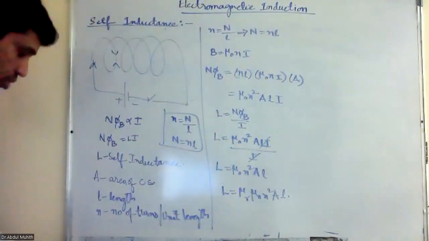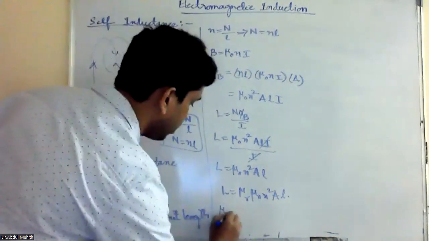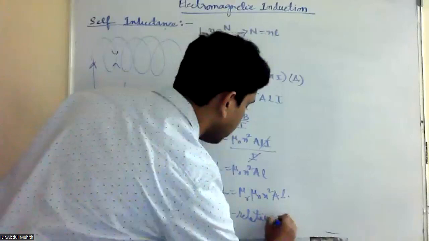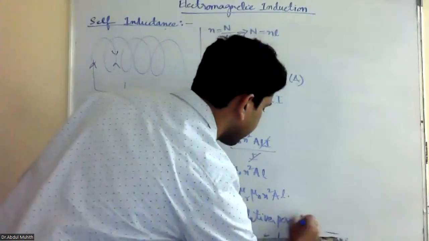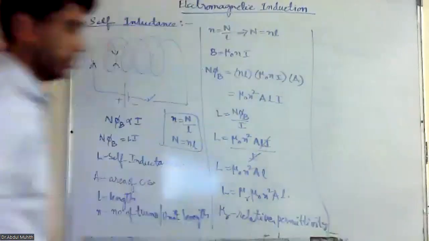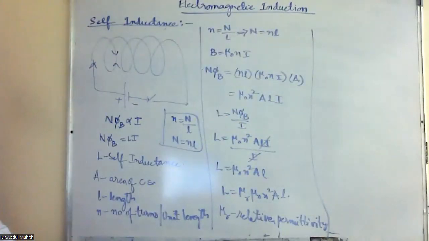Mu R is said to be relative permeability. Clear? Now, if you want to write the work done,